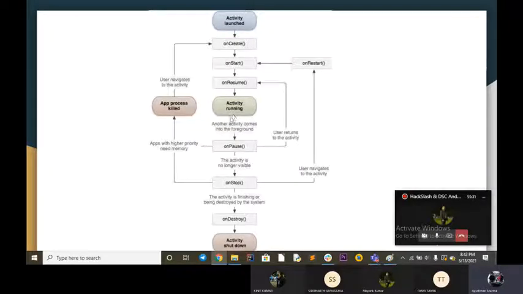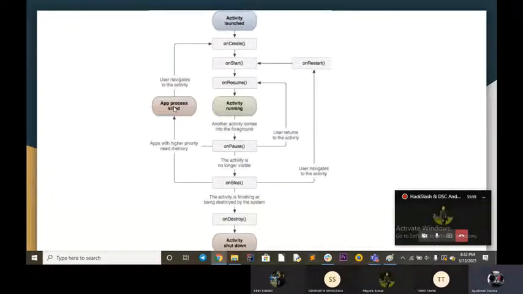So now we have a condition where another activity or application takes its place. Then the onPause function is called, and that activity pauses at that moment. Now, if that other screen takes over and we do not return to our previous screen, then that screen gets destroyed.